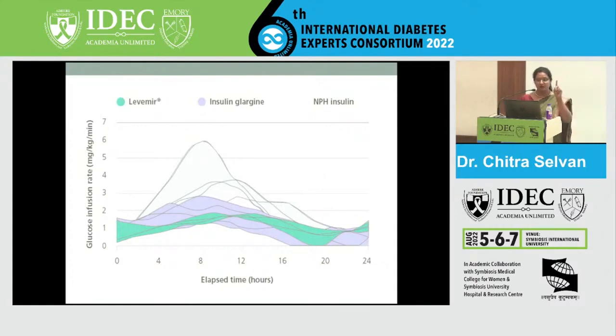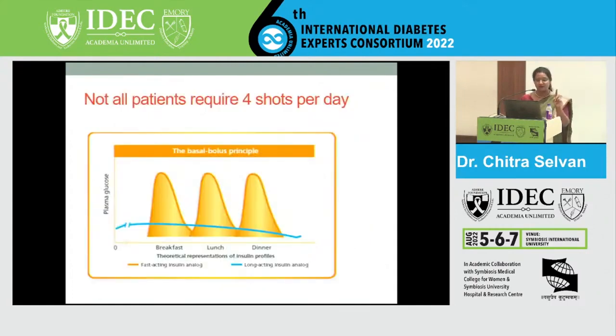But one thing to remember with gestational diabetes management is that not all patients might require all 4 shots a day. So the best way to assess this is to get them to make the dietary changes, check their sugars and try and analyze the pattern. You might have a woman who needs a bolus dose maybe before dinner alone and nothing before breakfast and lunch. You might have a person whose sugars rise only during lunch. So you tailor the treatment according to the glycemic excursions in your patient.